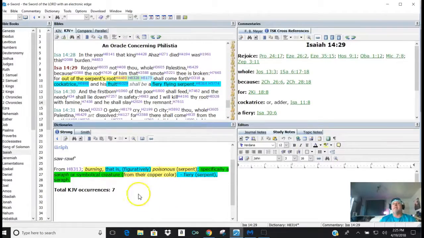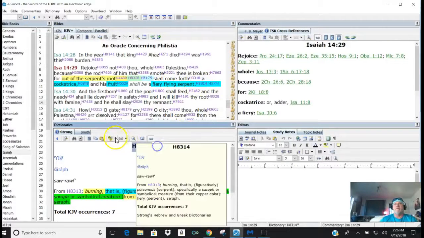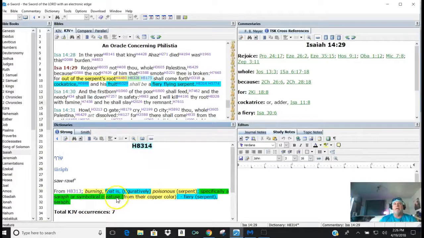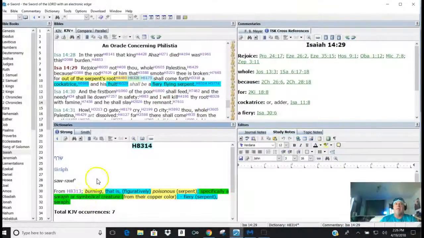Okay, look at this. A seraph. Oh my gosh, y'all know what a seraph is. I do. A seraph is an angel. There's been some debate whether or not Lucifer was a seraph or a cherubim, but I'll show you one of the best ways to understand it that I can explain. But it says, shall bring forth a fiery flying serpent. Well, when we look at the word, we'll look at this word first, and I will make it blue. That is burning. Well, aren't God's angels messengers of burning, flaming fire? They are. Burning, that is, figuratively poisonous serpent,